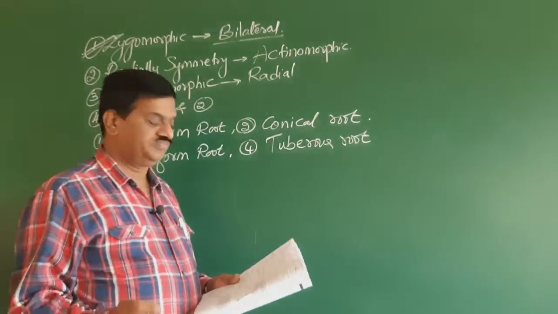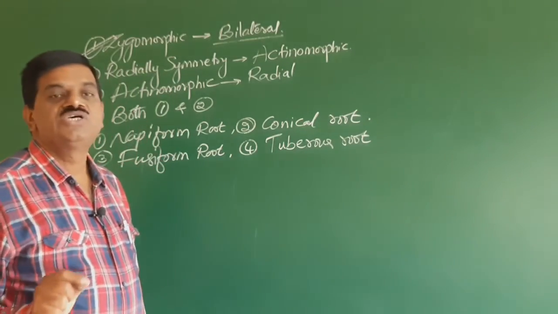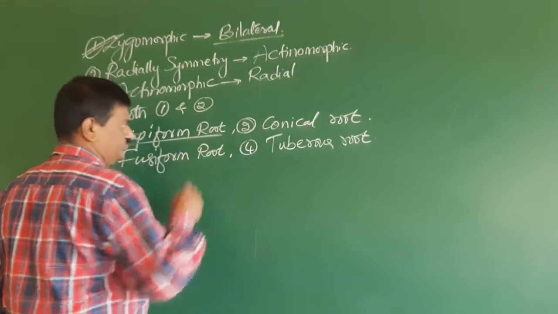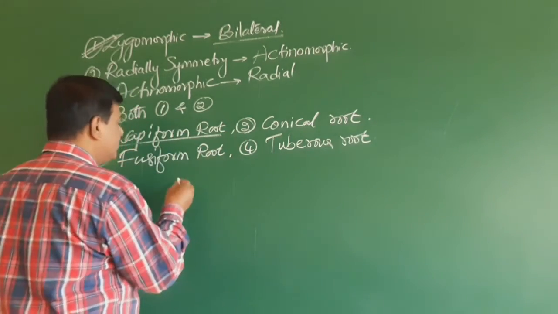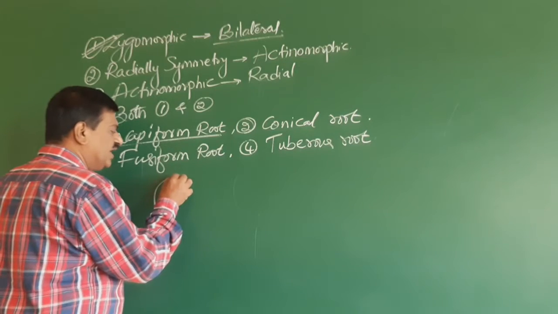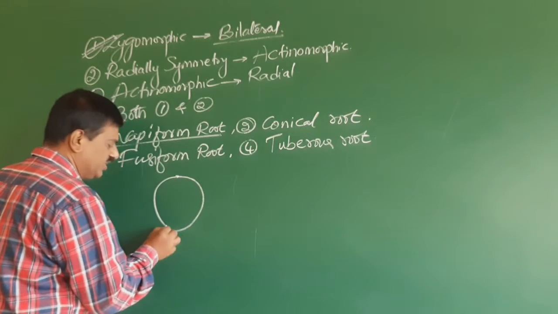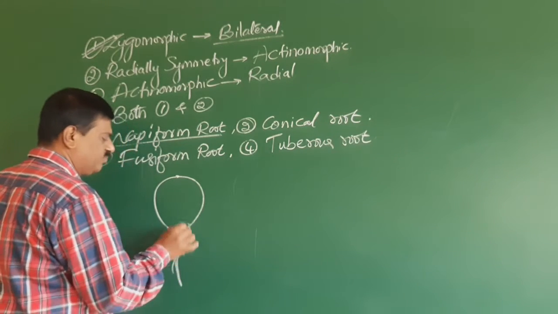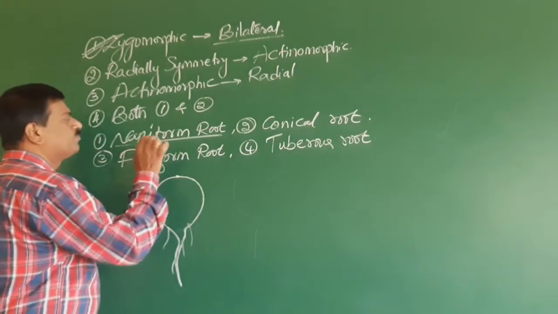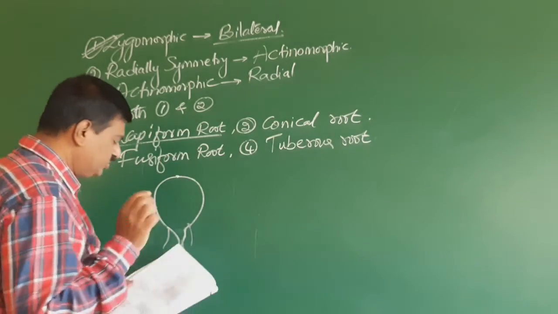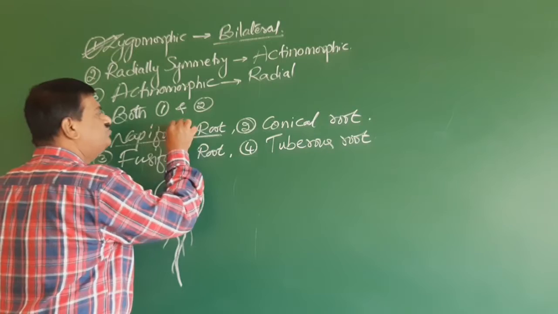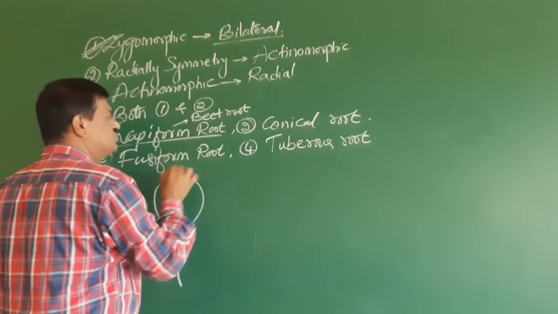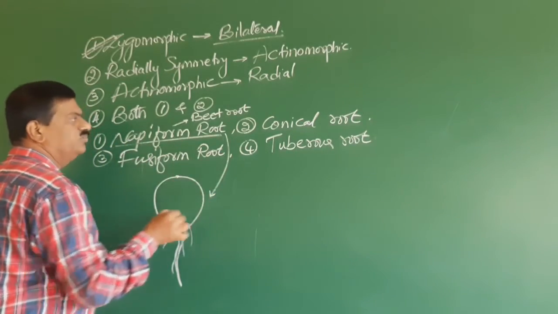So radish is always called a fusiform root. In a napiform root, you can see there is a presence of radicle giving rise to large swelling, and a sudden tapering can be noticed. This type of root can be noticed in the beetroot. So this is called a napiform root.